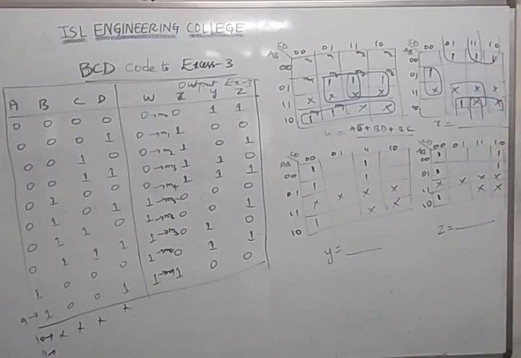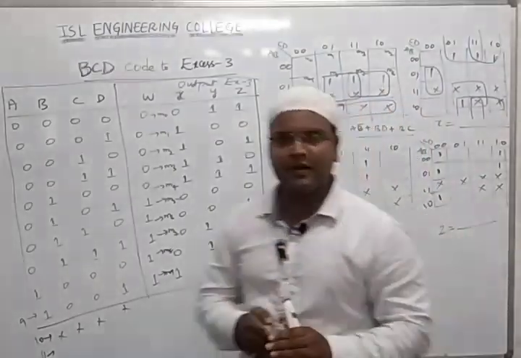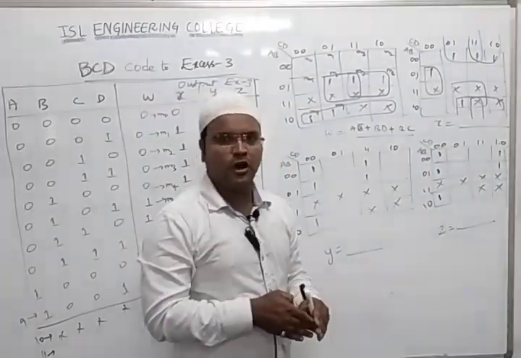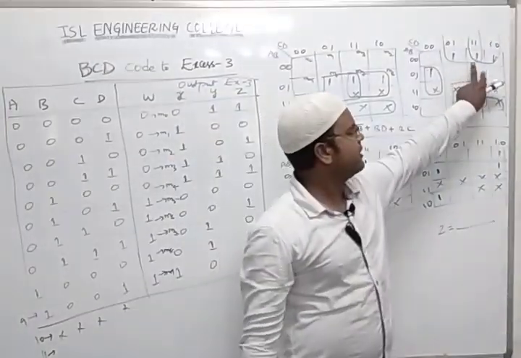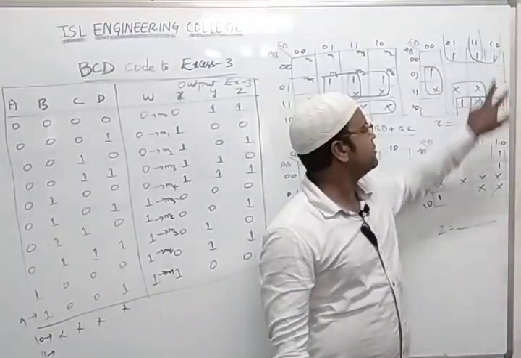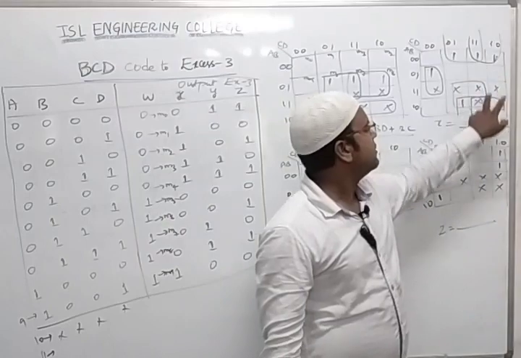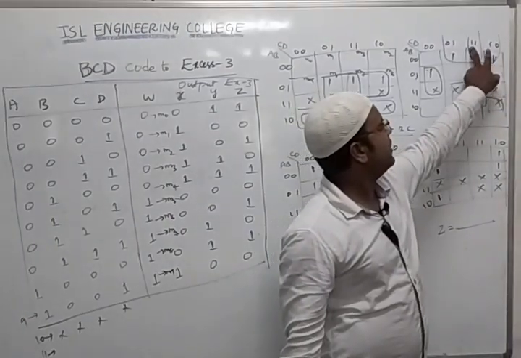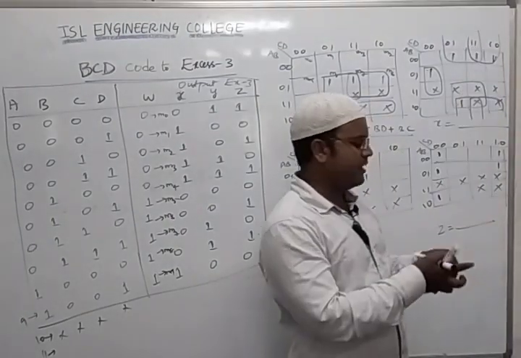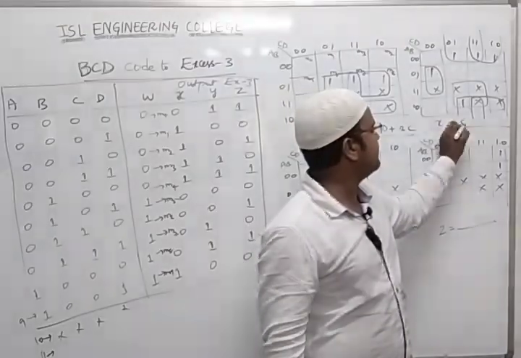I combine and make it as 4, because preference is given to first 8. That is octa. If it is not possible, quad. So here the possibility of quad is there. So that's the reason I am making this 2 and this cross 1 combination. So what will I get for this one? You see this one column wise. Here A is 1, here is 1. That means C. So I can write C for that particular thing.